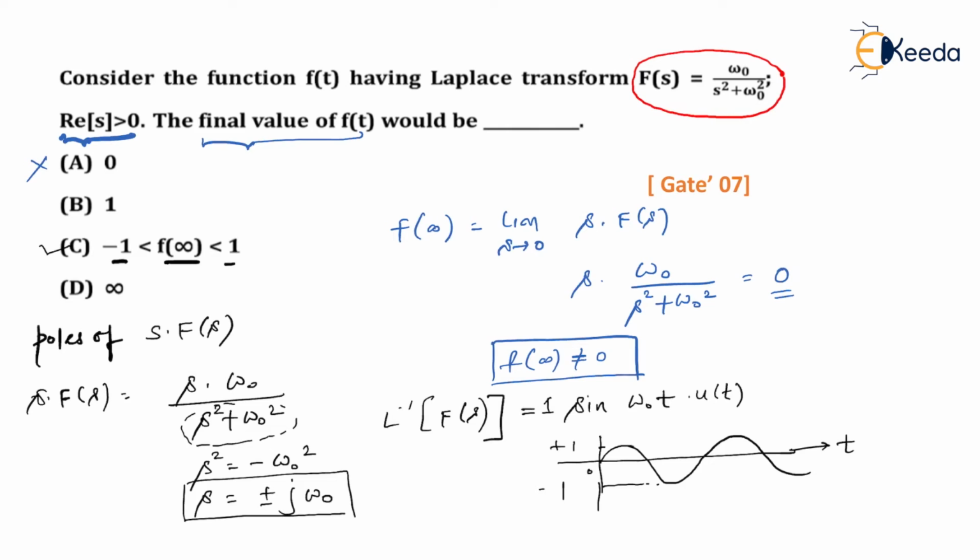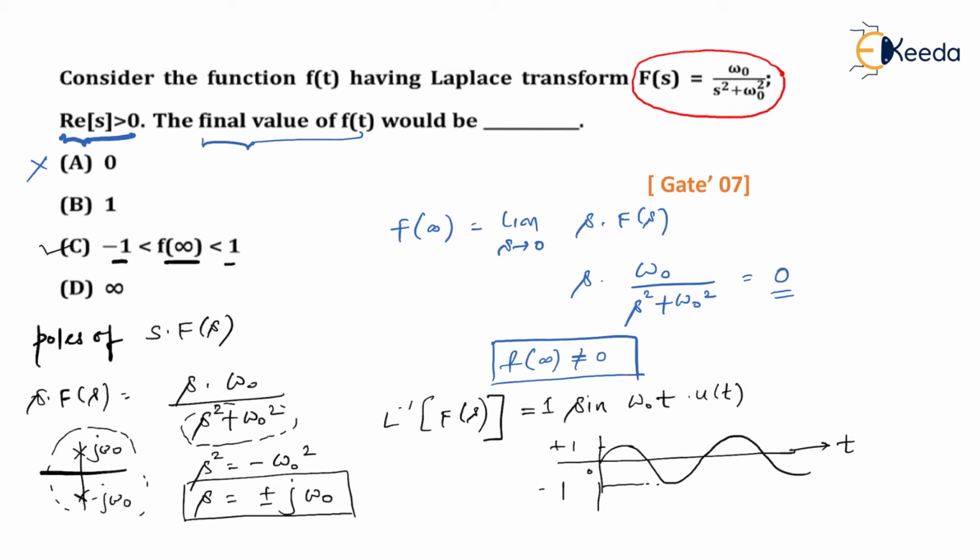Am I right? So now if you try to plot those poles, they would be plotted like this: j omega naught and minus j omega naught. As you can see, the locations of the poles of s times F of s are not lying on the left half of the s plane, they are lying on the j omega axis. If you remember, in the last slide we have already studied that the final value theorem is not applicable when the poles of s times F of s are not lying on the left half of the s plane. Here the poles are lying on the j omega axis and not on the left half of the s plane, and that is another proof that the final value theorem is not applicable over here, right?